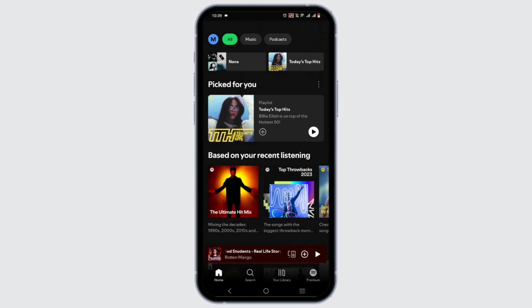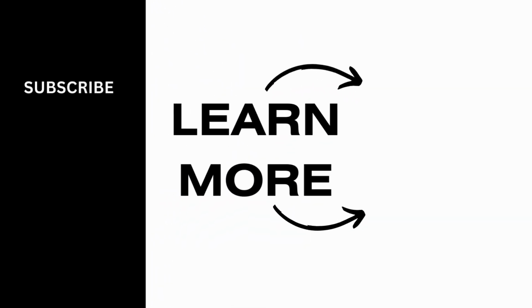After that, you'll be able to create a group session to play music on multiple phones, which wraps up the tutorial